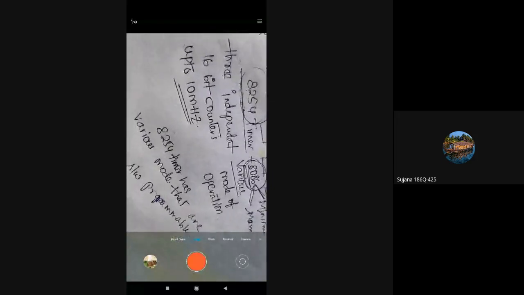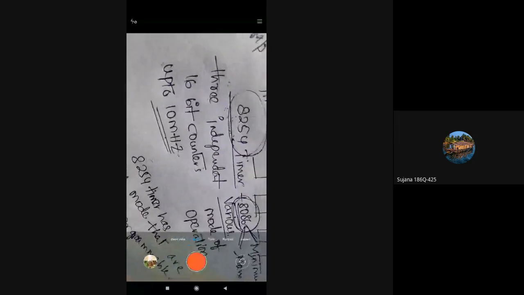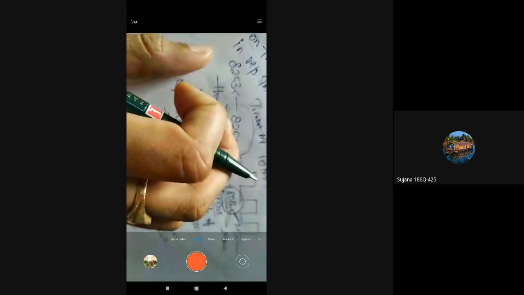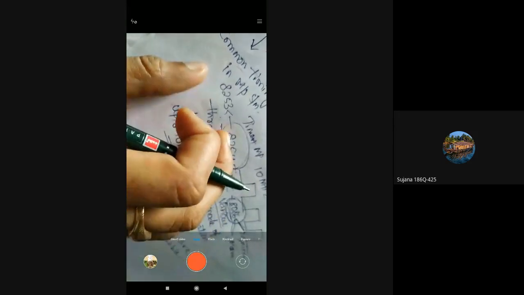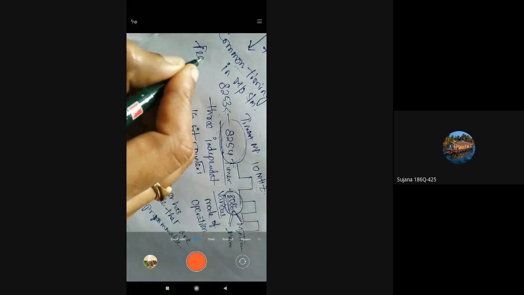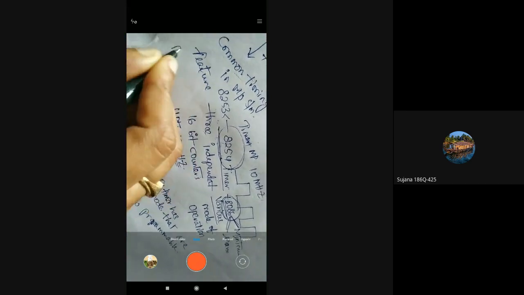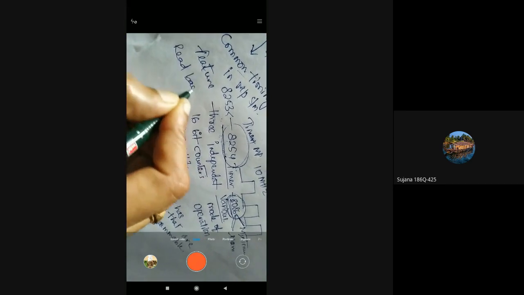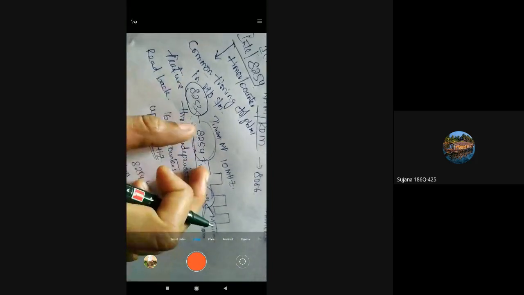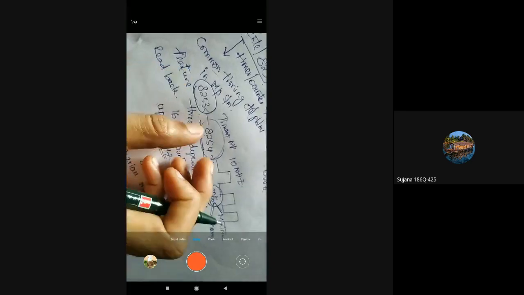That means the modes of 8254 are software programmable, and it is an advanced version of 8253. So before 8254 we have 8253, which does not have the read back option. So the features of 8254 and 8253 are the same. 8254 is the advanced version of this 8253.